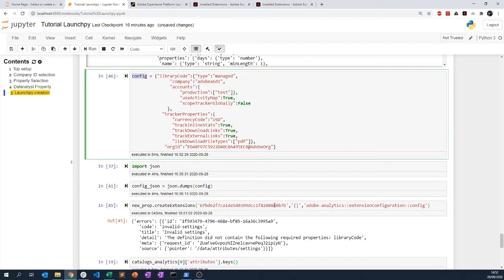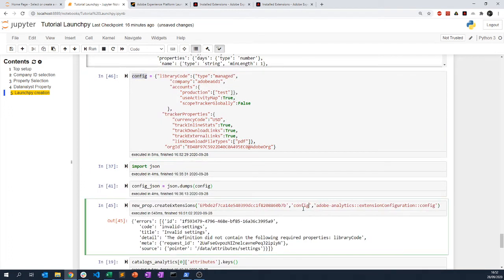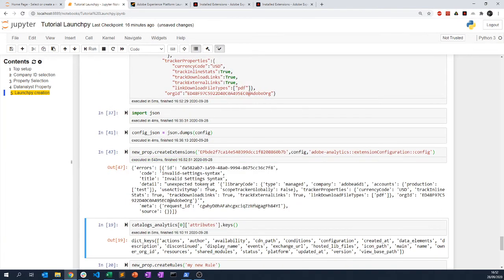And then if I actually put that here, my config, at the object, it will actually not work. And I will tell you why in a short moment. So I'm going to do that. And again, now: library invalid setting syntax. So it tells you a syntax is missing